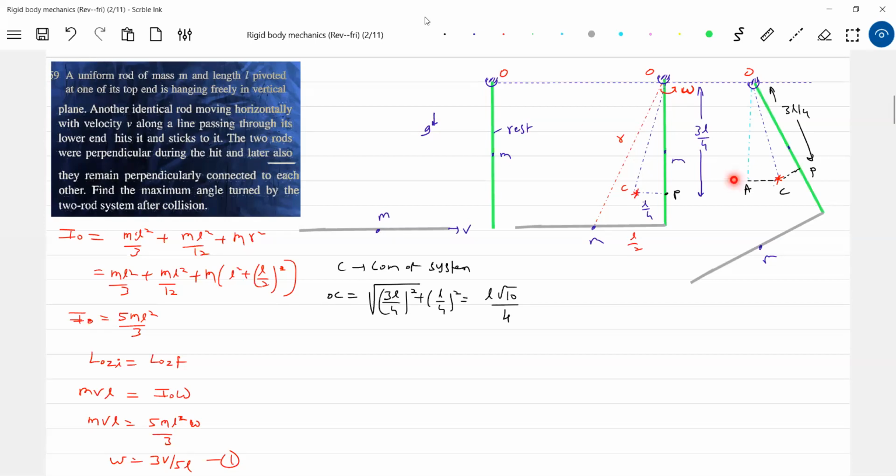So what I do is, rather than going for this height, let me take this as reference. Initially, I know the center of mass of the system is at 3L by 4. Finally, what happened? Let it be at H. So I'll take this as H equal to 0, the reference point to measure gravity. Okay, I'll take this as a reference. So let's get into the conservation of mechanical energy.